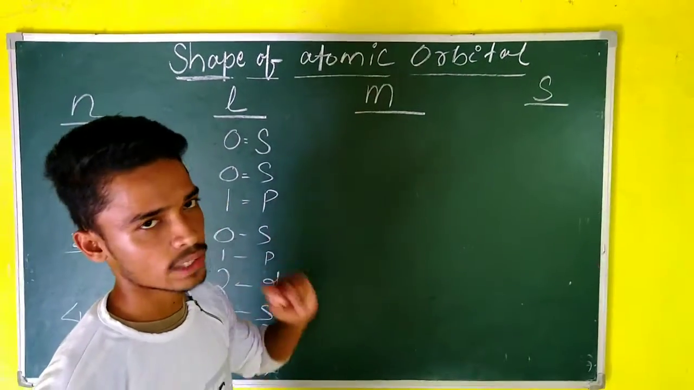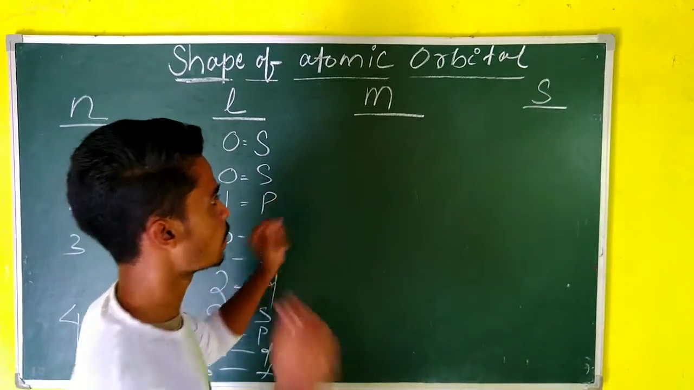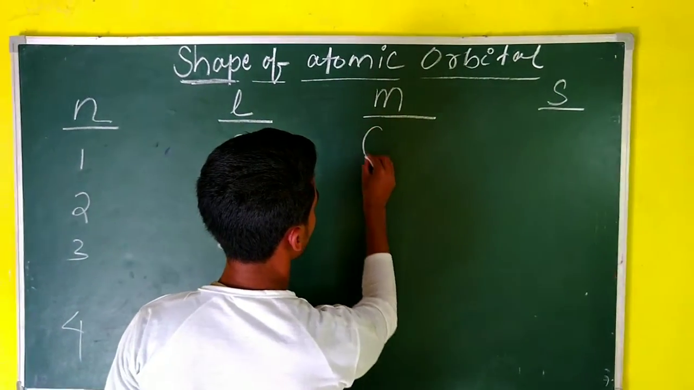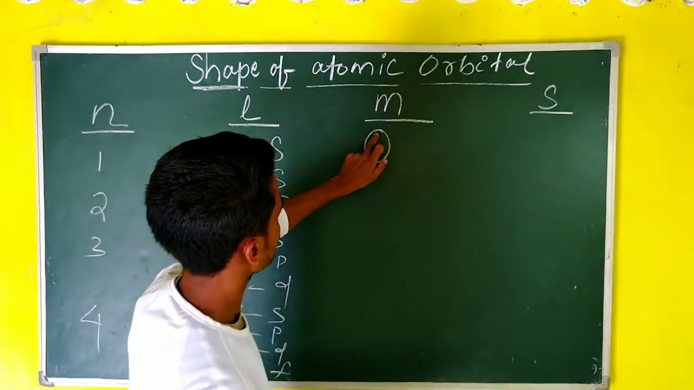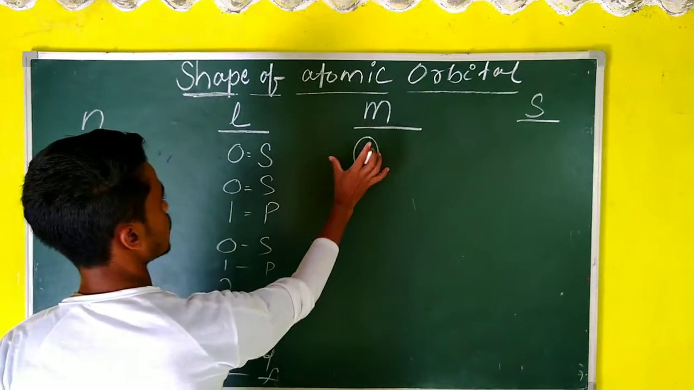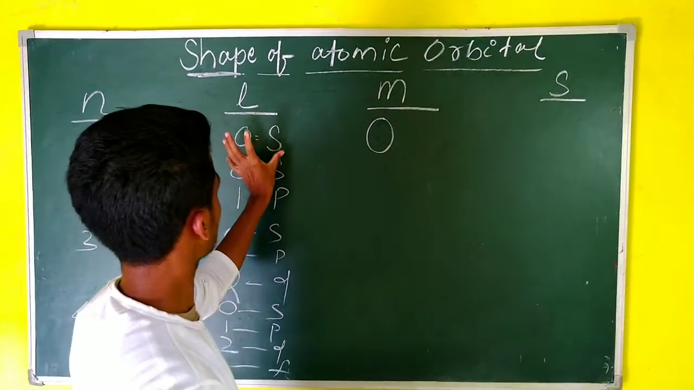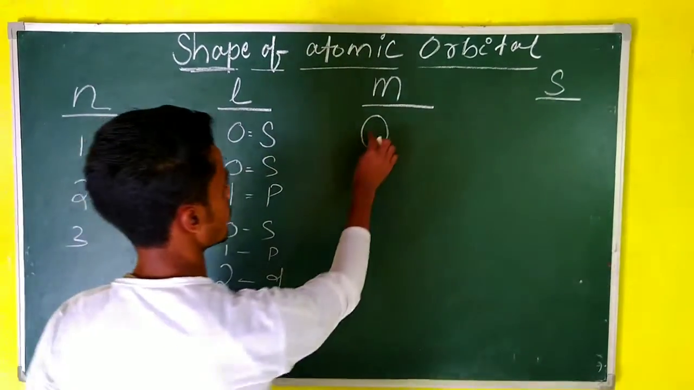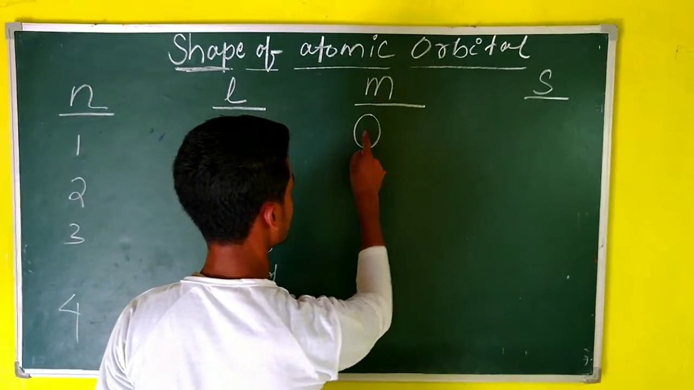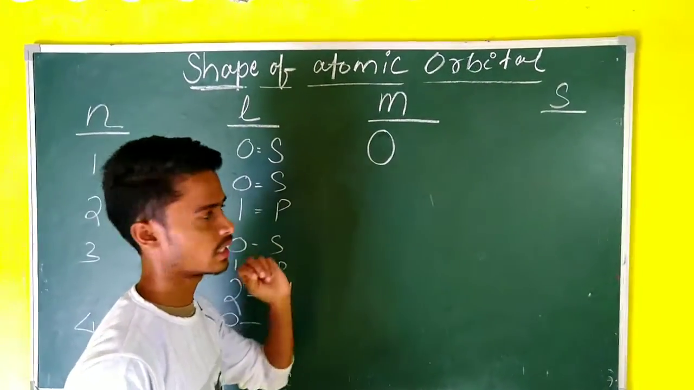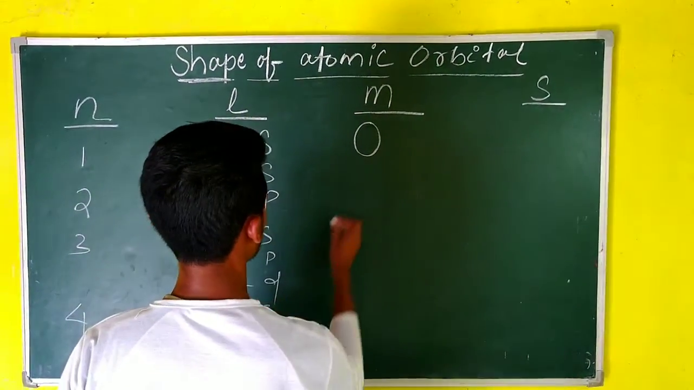Then comes the magnetic quantum number. Magnetic quantum number gives the proper orientations. Means the s subshell contains one orbital. There is one orientation possible in the s subshell. So the orientation is 0. This is one orientation. 0 means 0 is a digit. This is one orientation. And for the p subshell,